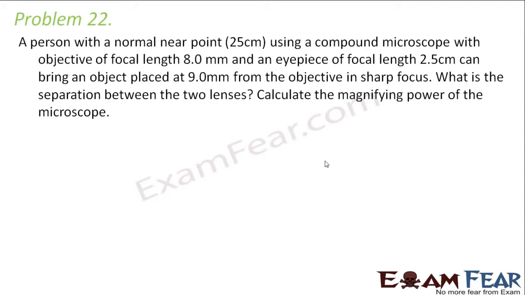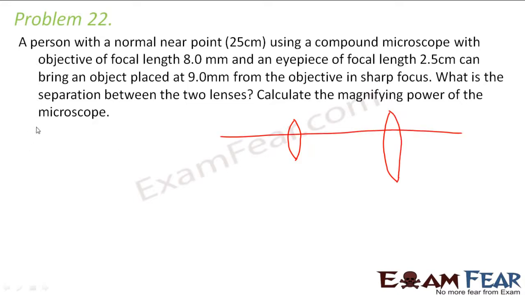Let us try to solve some problems. So the problem says that a person with normal near point, that is 25 centimeters, using a compound microscope with objective of focal length 8 millimeters and an eyepiece of focal length 2.5 centimeters. That means it has a compound microscope, that is a small objective and a big eyepiece, right? So it says that the focal length of objective is 8 millimeter, which is equal to 0.8 centimeters. Focal length of the